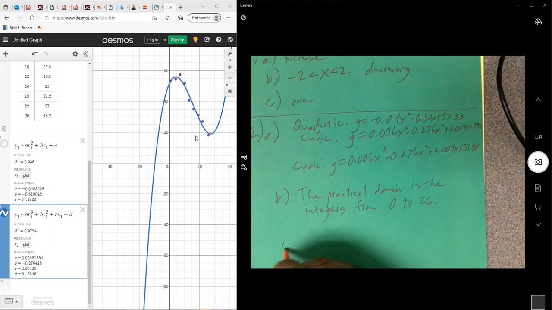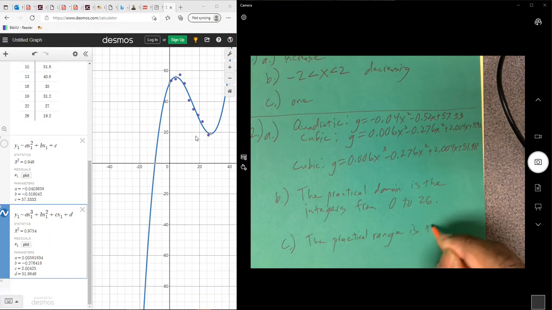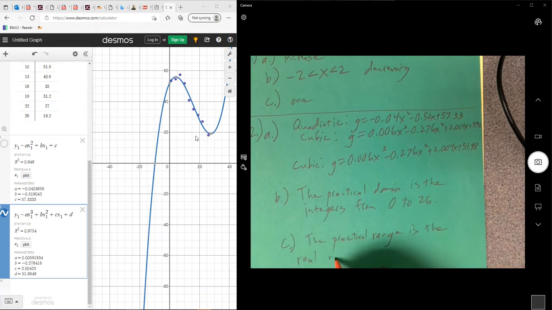Now, the practical range. So we will put the practical range is the real numbers from. Now let's take a look here. Now, we want to look at this practical range. Now remember, we're going from 0 to 26. So since we're going from 0 to 26, the practical range here basically goes from the highest point, which would be